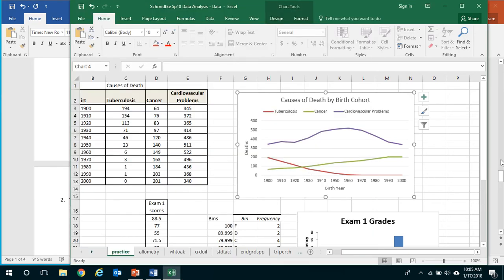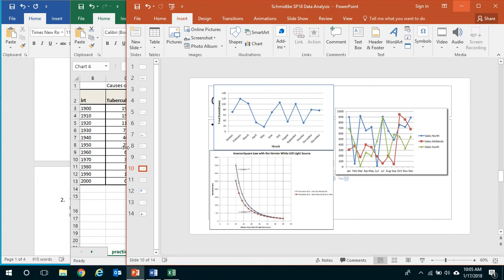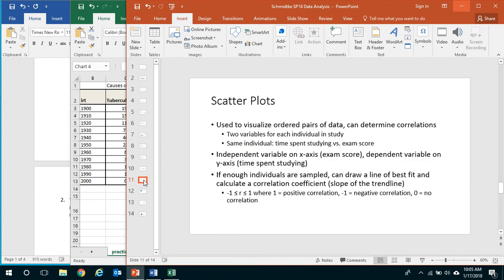So these are our practice problems. Okay, so the line graph is done. Next, let's talk about scatter plots. This is also an interesting one. We use these to visualize ordered pairs of data that can be useful for determining correlations. For example, 2 variables for each individual in the study. If we were comparing height and weight per individual, we might measure the height on the y-axis and the weight